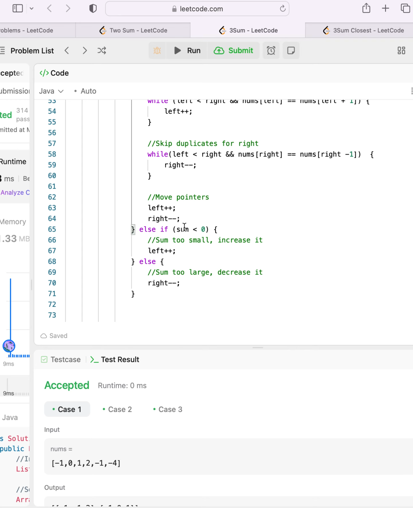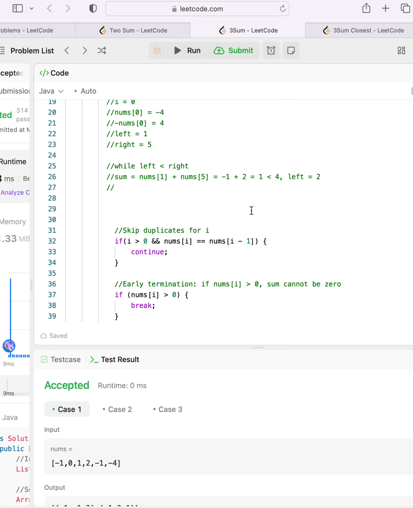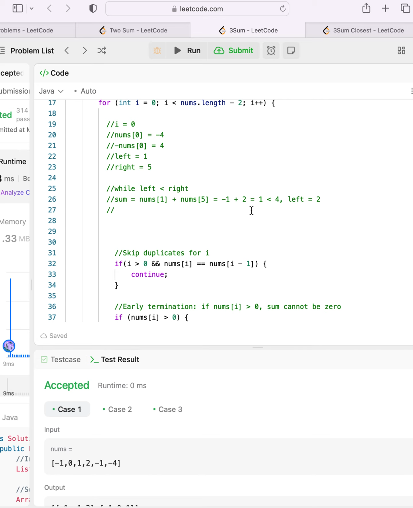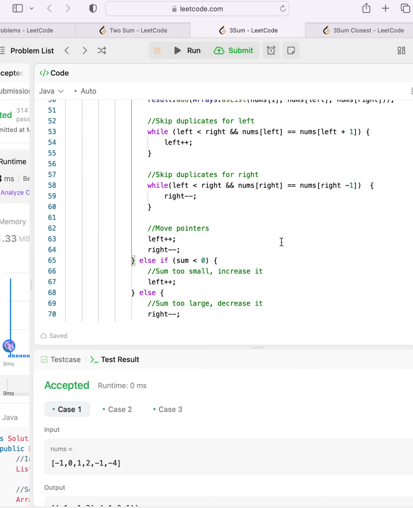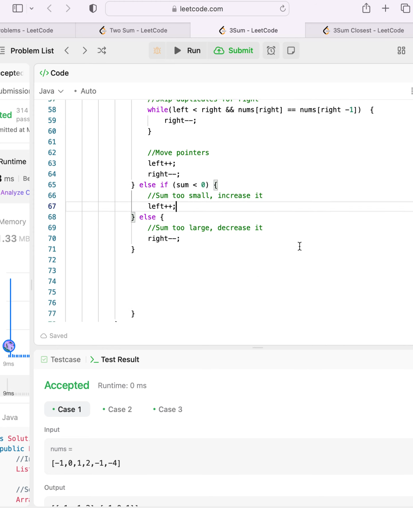So here sum is not equal to 0. It is less than 0. So we are incrementing the left,